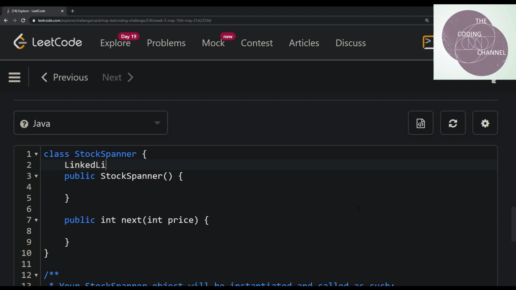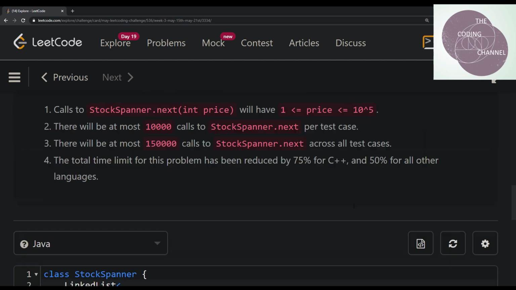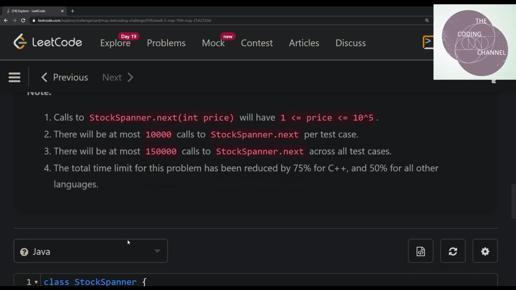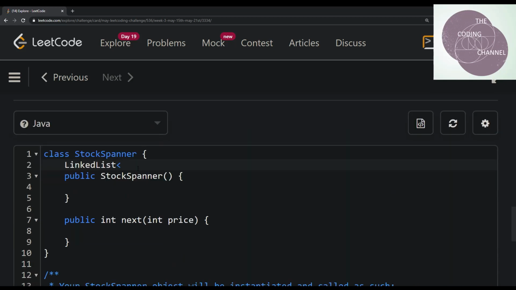So linked list, and as we discussed before, we're interested in the span value and in the value that was inserted for today's price. So we can have a pair which basically stores a key and value. The key would be the price and the value would be its span. So let's quickly code this: pair of integers,